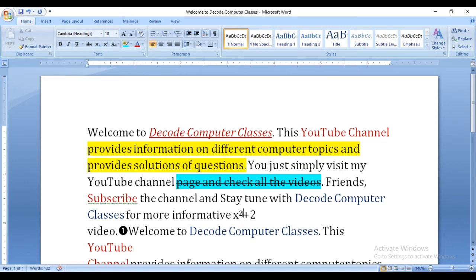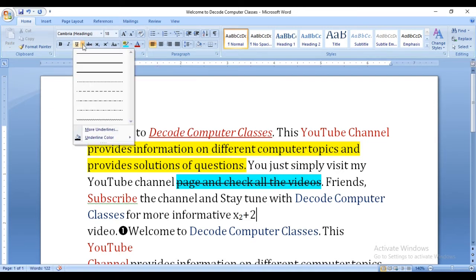So this way. And if you have to make it like base, this subscript option helps us make it like x base 2. So this way you can apply the formula settings, right? Use it in a formula. So these are the settings, right? You can highlight the text, make it bold, strike through.